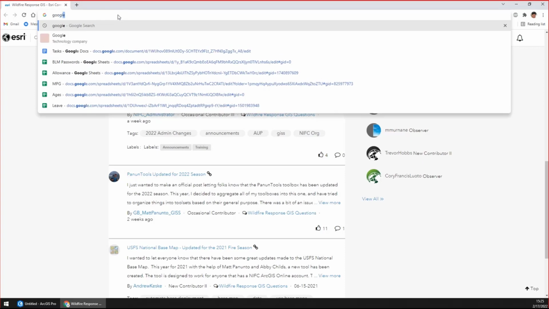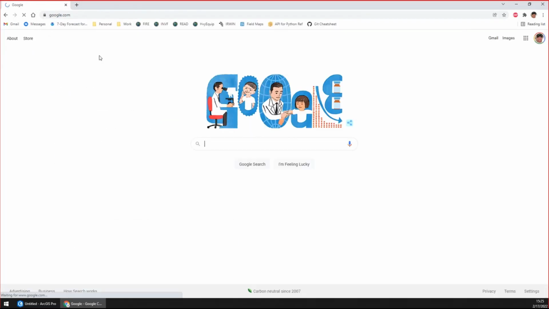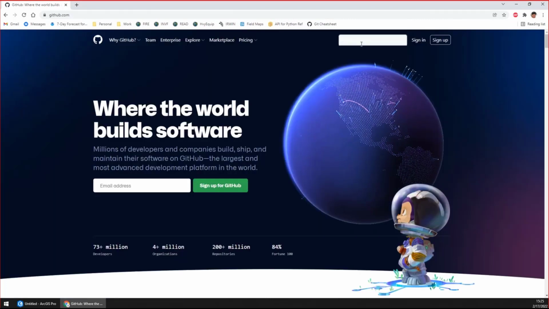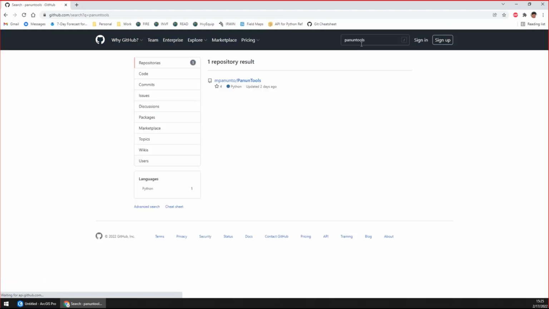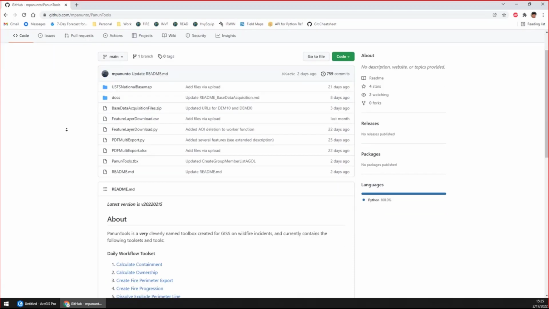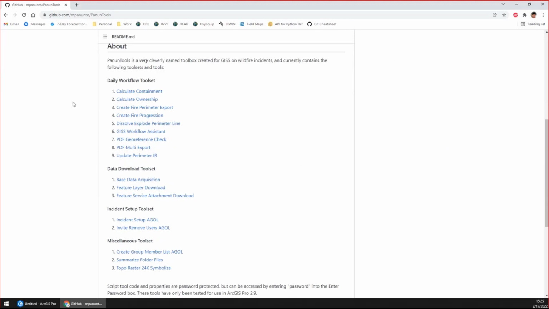Or you can just simply go to Google, type in GitHub, and do a search for PanunTools. It's publicly available, so it should pop up in that list. This is the PanunTools GitHub page, and this will show you all the tools that are contained within this toolbox.